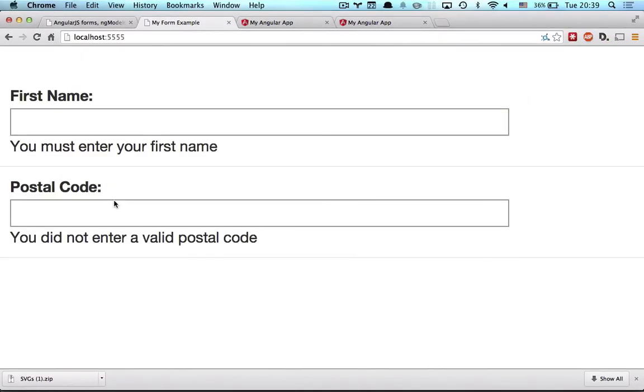So we have a postal code now. It's already telling us that we didn't enter a valid postal code, right? We could go ahead and add ngModel options to this, but I'm sure that everyone understands how that works. But okay, so if I enter a postal code now, if I type in